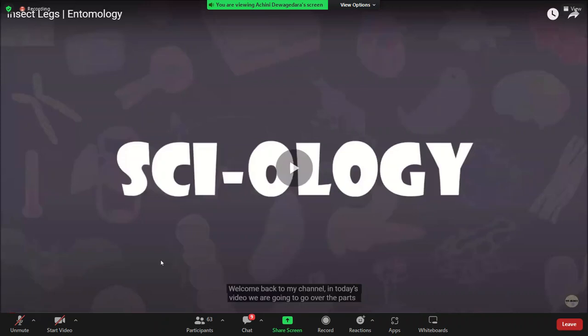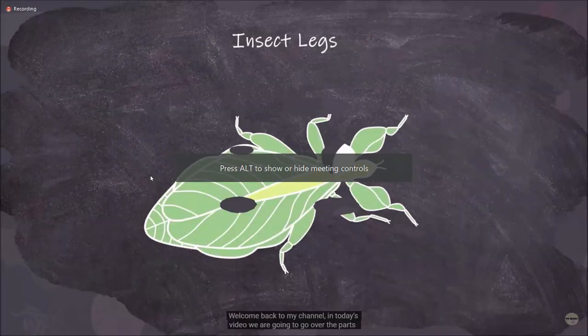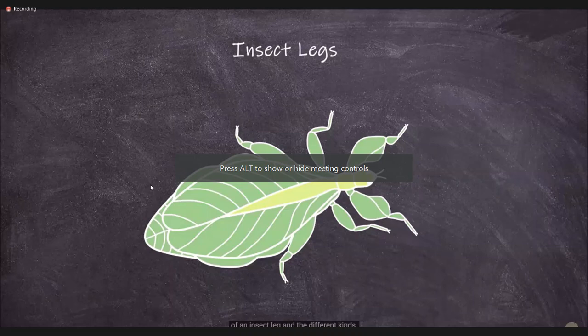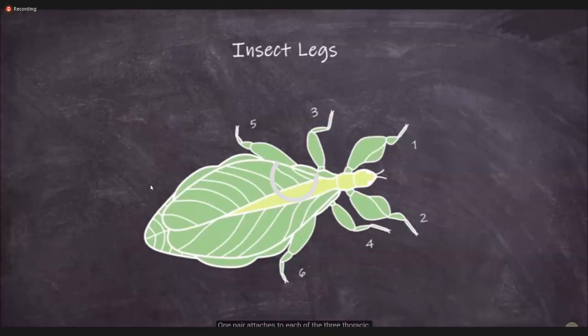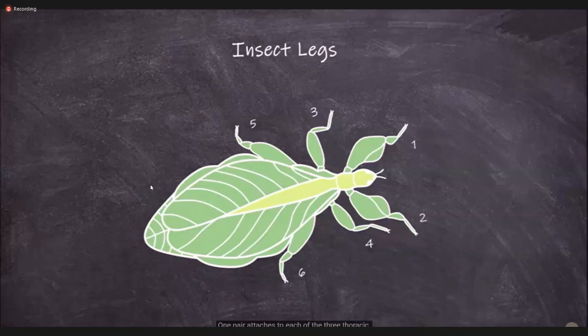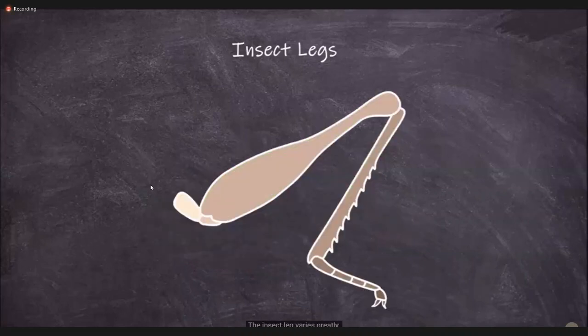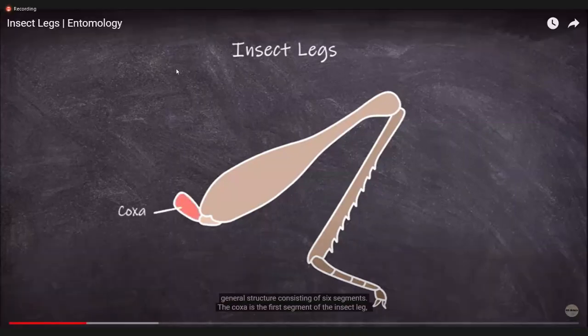Yes, ma'am. In today's video, we're going to be going over the parts of an insect leg and the different kinds of modifications an insect leg may have. Adult insects generally have 3 pairs of legs, so 6 in total. One pair attaches to each of the 3 thoracic segments that make up the insect thorax. The insect leg varies greatly, but are all based on the same general structure consisting of 6 segments. The coxa is the first segment of the insect leg and is what